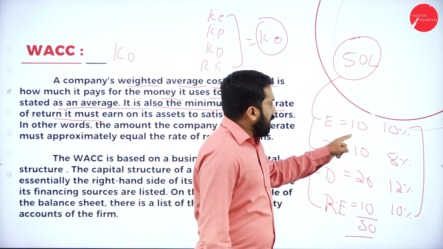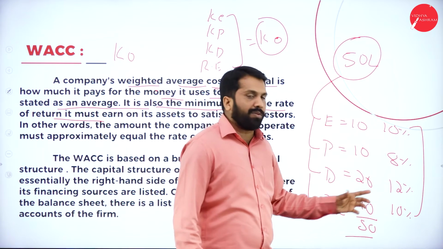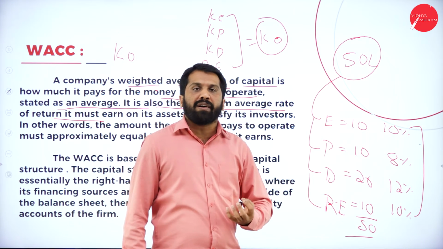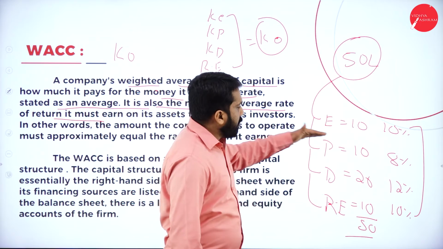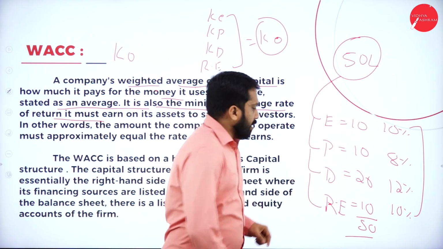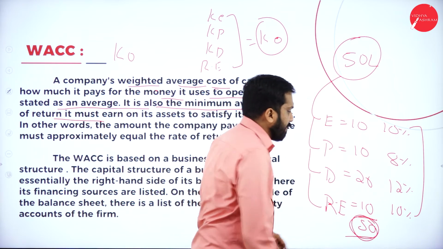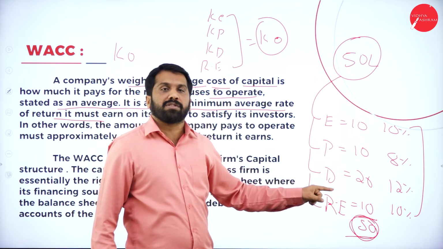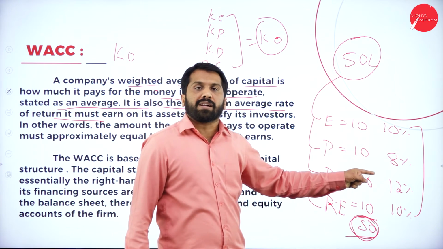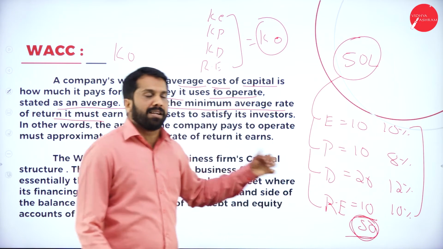Now, you have 10, 8, 12, 10. What is the average now? How do we find out the average? We don't go individually. I want the total. For 50 lakh I have taken, how much do I have to pay them? So, overall cost is what? For that, we should calculate WACC.